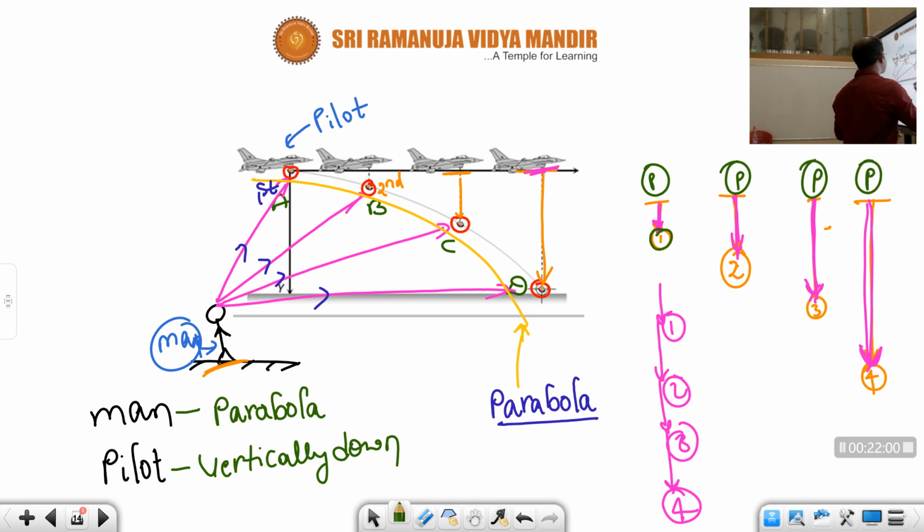See, children, when the bomb is in its first position, the pilot is above the bomb. When the bomb is in the second position also, the pilot is above that bomb. In the third position also. So in each and every case, how will it appear, children? As the bomb going vertically down. Okay, children? This is a very important concept. Okay, from here what did we understand? What is the final point we understood, children? Okay, the conclusion is